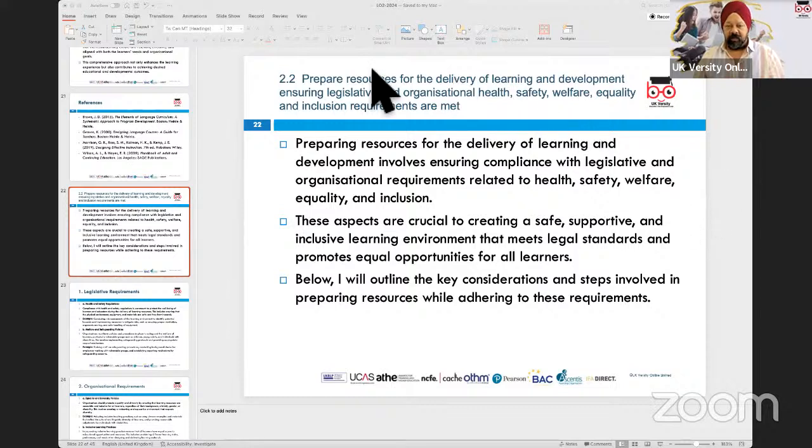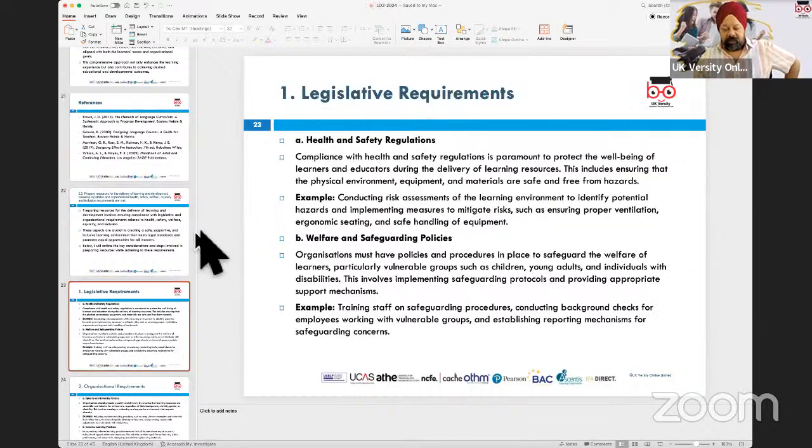Now, when we look at this as an example, what we are considering in this case is how do we go about taking into account some of these policies and procedures to ensure that the resources that we develop are essentially fit for purpose. When we look at this aspect of preparing the resources for delivery and for learning and development, we are taking into account the key aspects in the assessment criteria, which is one is legislative requirements, and they tend to be health and safety regulations, welfare and safeguarding policies,